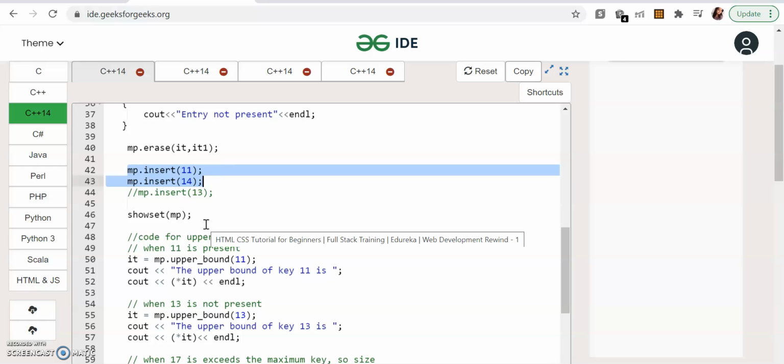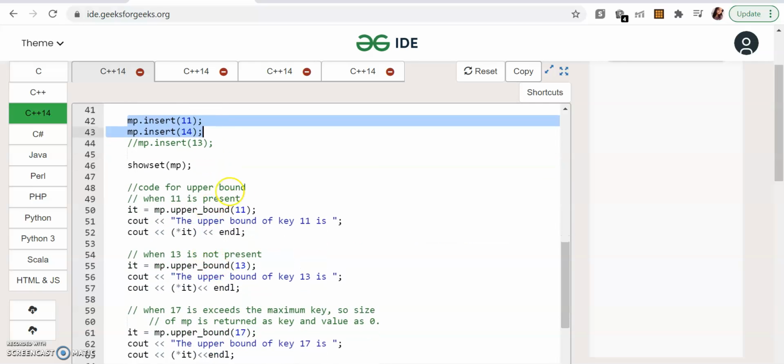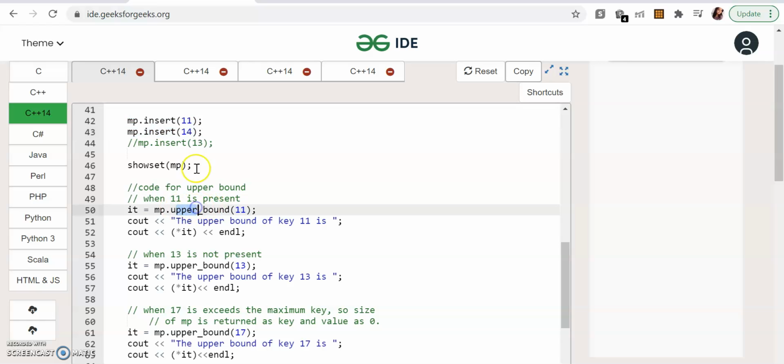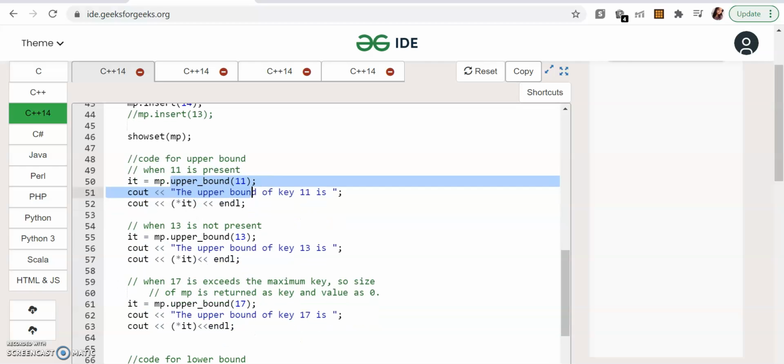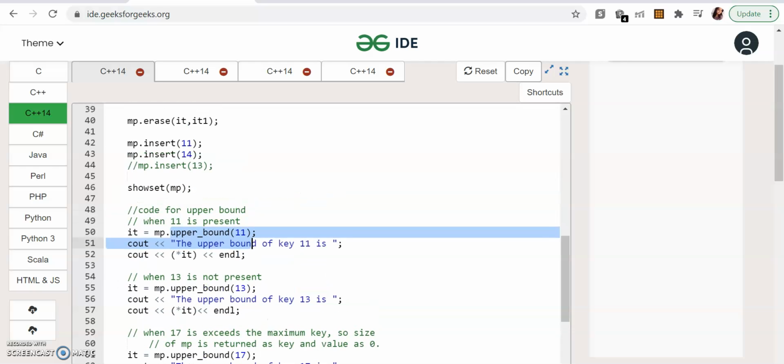So let's see. The upper bound and lower bound functions are very important. For upper bound, when the element is actually present, like we inserted 11, it will return the next upper element.